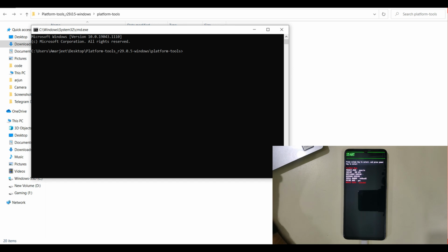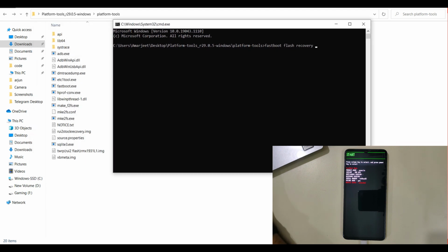Now we have to install the TWRP which is provided. For that we will write fastboot flash recovery, and after that we will just drag and drop this TWRP. After recovery there is a space. Now we will press enter.